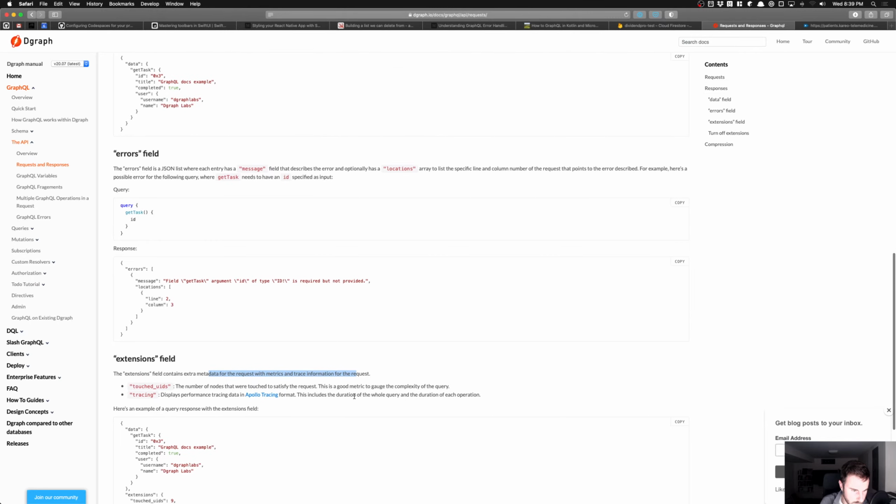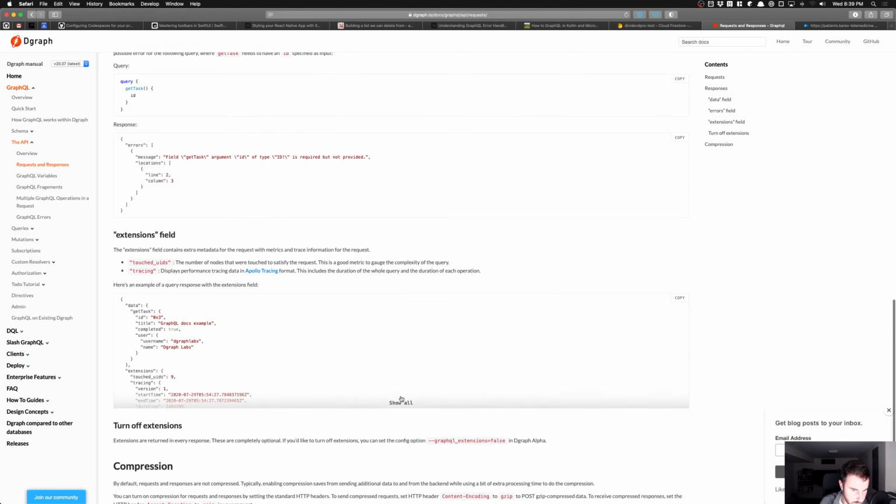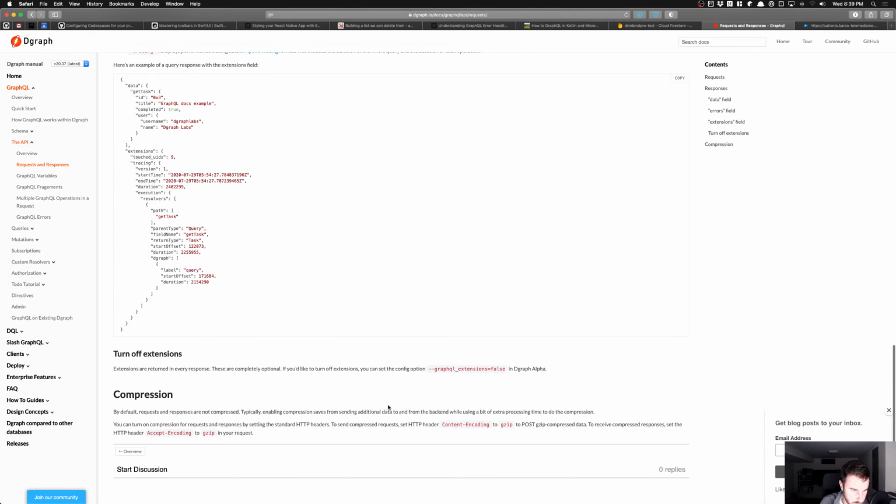Tracing in the Apollo tracing format. Extensions are returned in every response. These are completely optional. If you want to turn them off,